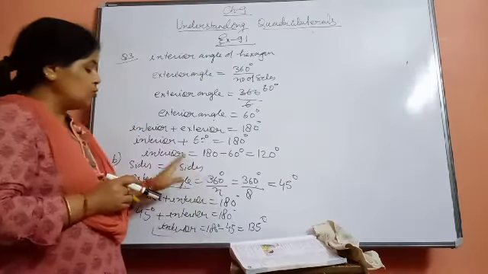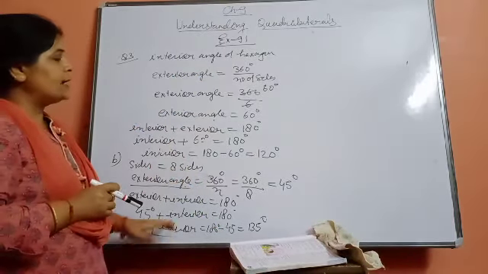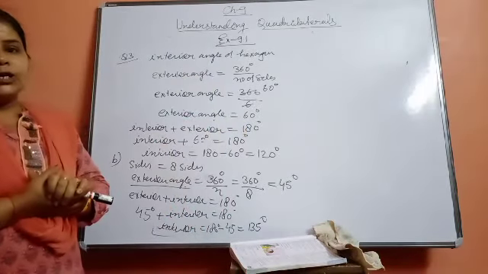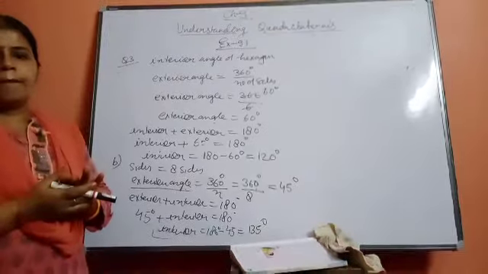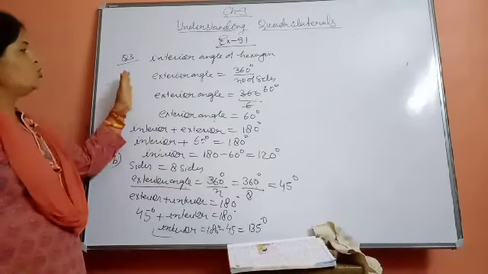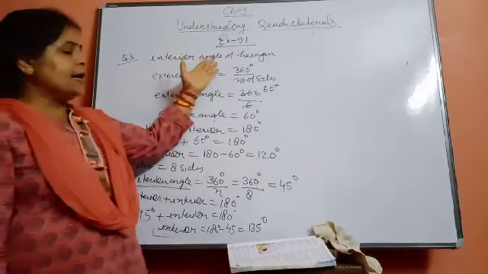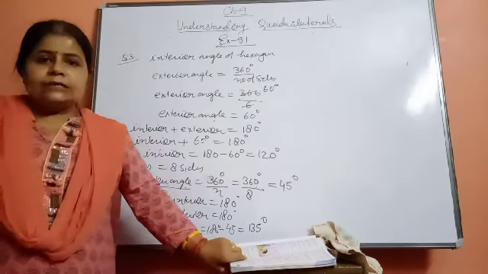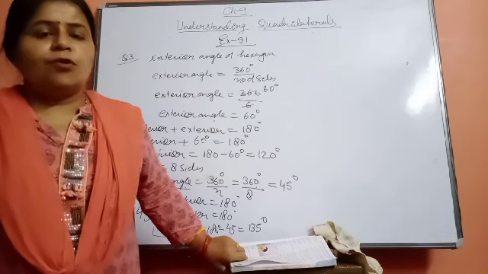The C part of this question you will do yourself. There you have been given n is equal to 10. Okay, n is equal to 10. So beta, you just complete exercise 9.1 up to question number 3. Okay, in the next class we will discuss from question number 4 onwards.